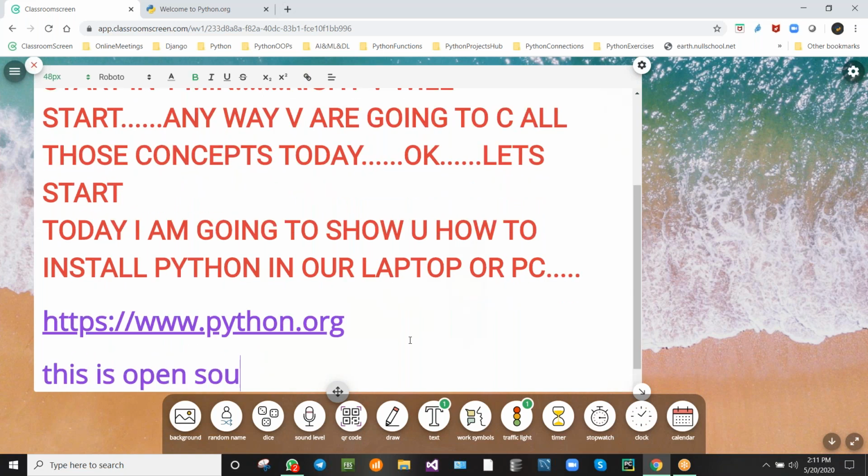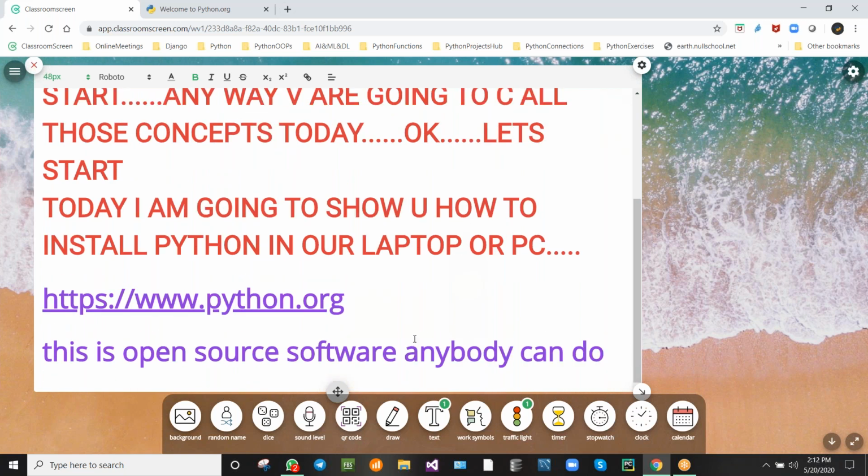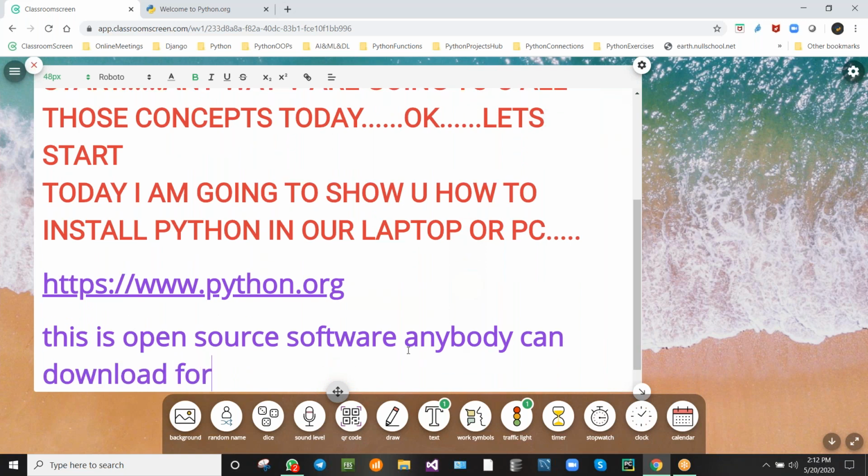Anybody can download it for free without any cost. It's open source, so now we are going to download.